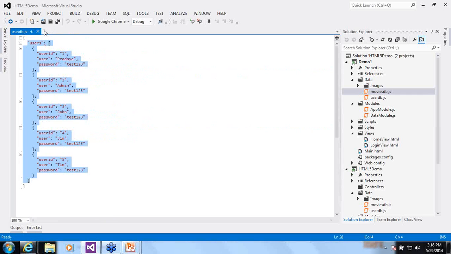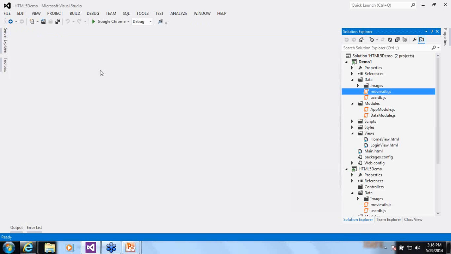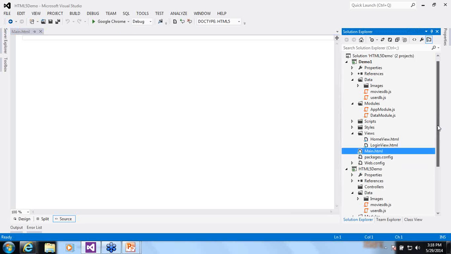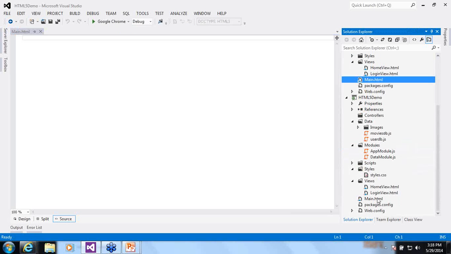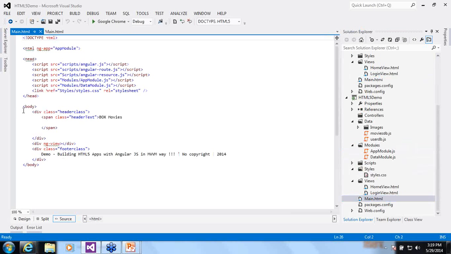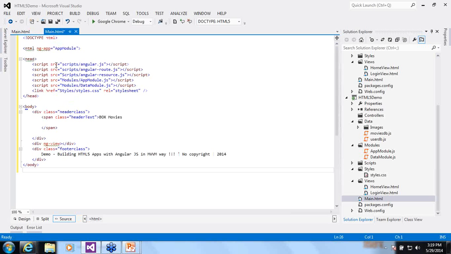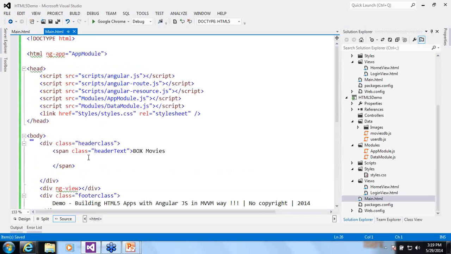So our job is, first, let us create the simple login page and see how we can validate the users. So this is our main.html file. It is currently empty. I have the demo application already, so I would just be pasting the code in this application. Okay, if you all can see my screen clearly,